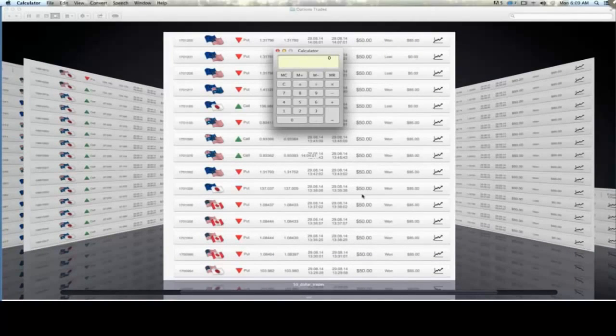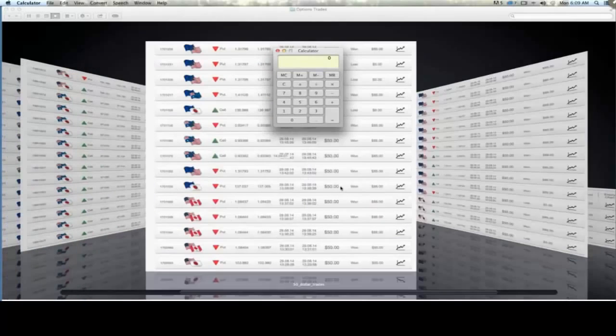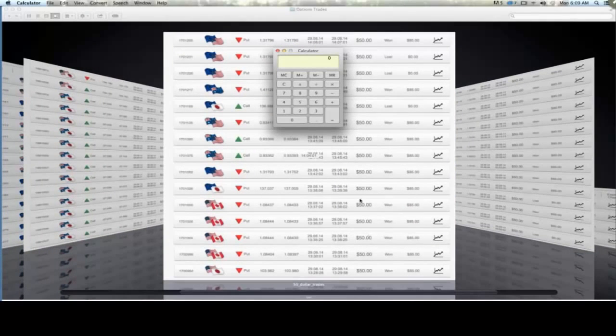I like this snapshot too because I've got some losses in here, but these are $50 trades, right? So if I win that trade, I'm correct in saying that the market's going to go up or the market's going to go down. And when I say I'm correct, what I mean is I look at my signals, and if it says trade, I trade. If it says don't trade, I don't trade. Don't confuse them with signals, because then they won't understand what signals mean.